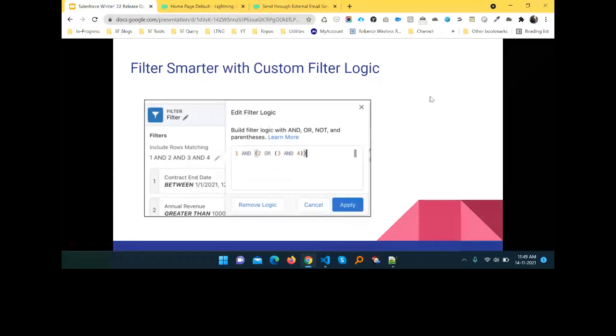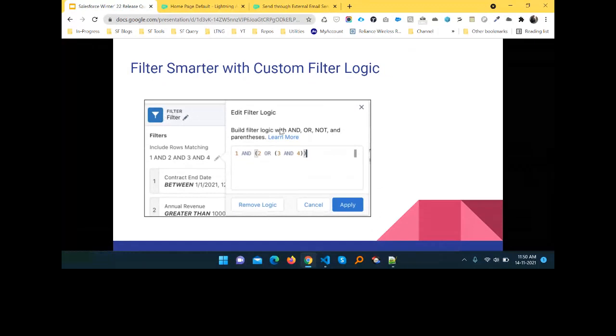And here you can see "filter smarter with custom filter logic". Like some validation rule or custom logic under flows or any point-and-click tool, or declarative tool, we can say. Here you can see the filter expression, like 1 and 2 and 3 and 4.